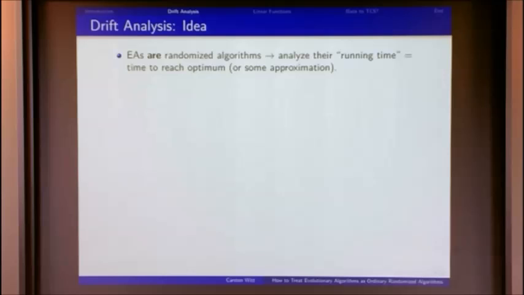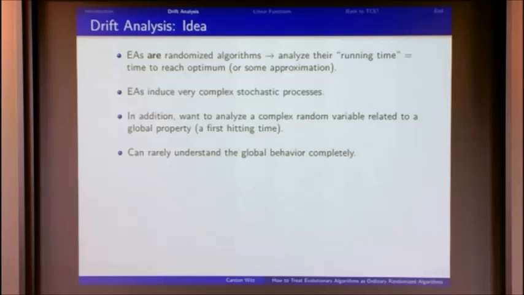Evolutionary algorithms are not analysis friendly, so they induce very complex stochastic processes, Markov chains whose transition matrices are not tractable with an exact analysis. And in addition, we would like to understand something about this process that is related to a global property. We would be interested in something called the first hitting time of the optimum, something that runs over many steps, and